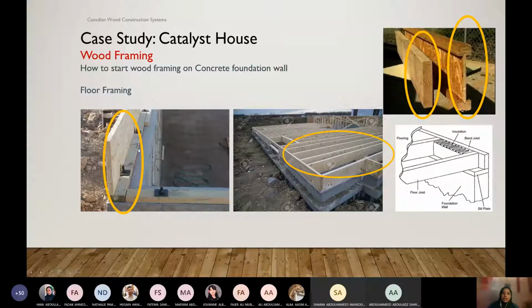So with this vertical piece, the rim joist, we attach all the joists. We use a certain kind of metal hanger to attach the horizontal joist to that vertical joist. And in this picture, you see at the edge, we use some kind of insulation because we have very cold weather here, so we need to keep warm. We'll talk a little bit about insulation later on.